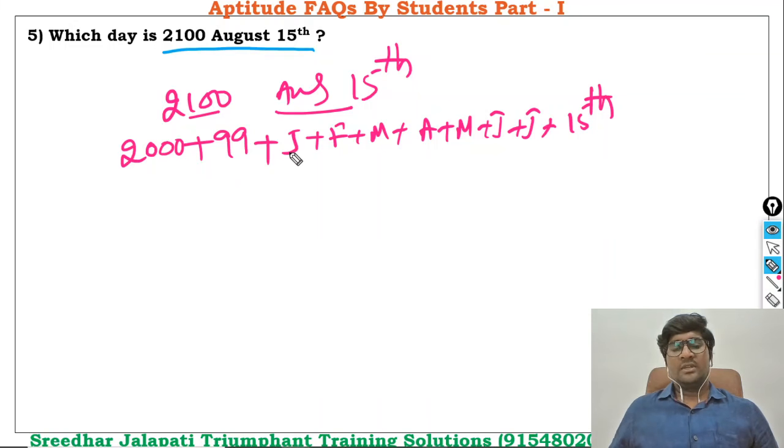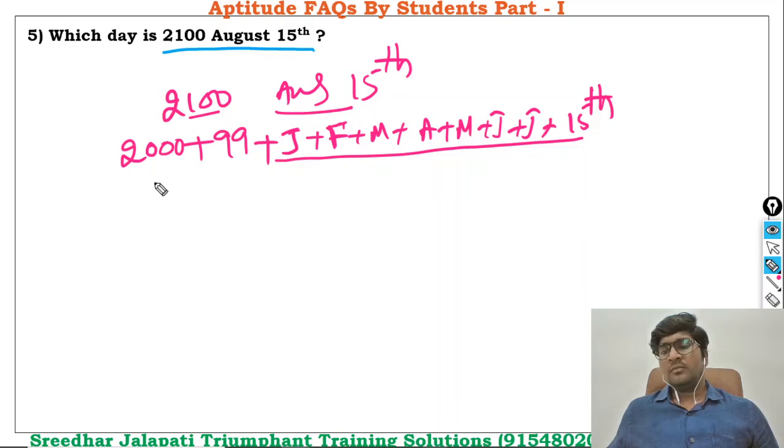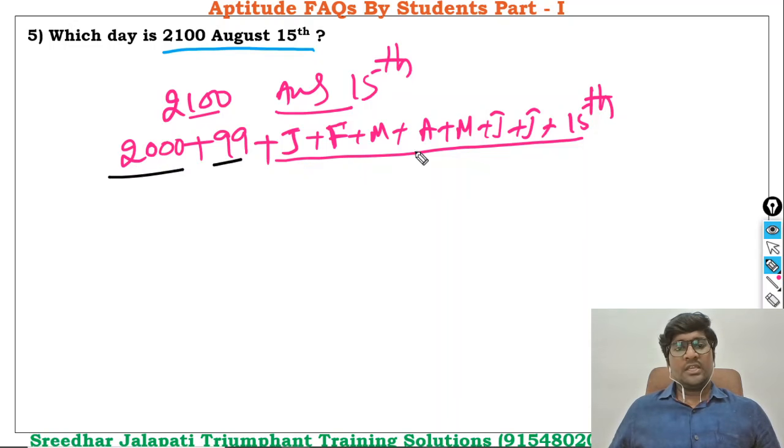I mean, all this is just to make the explanation easy. You don't need to write all these months. If you are good at writing odd days, then straight away you can write and you can skip this step. Now, in each case we have to find the odd days.